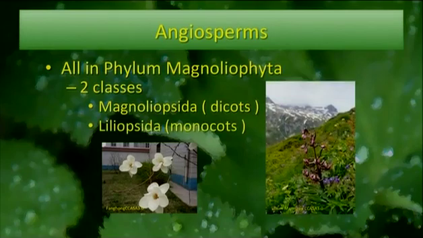And we also have the Liliopsida, the monocots. This is a photograph of what looks like the Philippine ground orchid. Looks like an orchid kind of plant to me from what I can see here. Maybe, maybe not. I can't really see very closely, but it looks like it's growing up in the mountains. Anyway, the Liliopsida are the monocots. Remember dicots and monocots? You should know that by now.